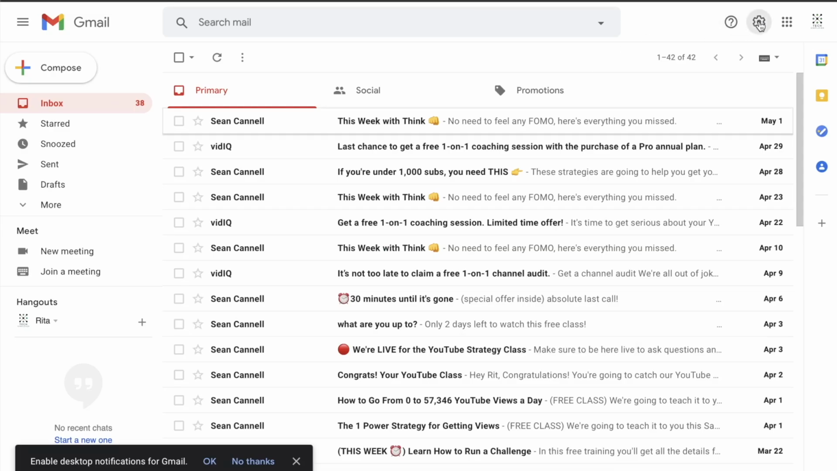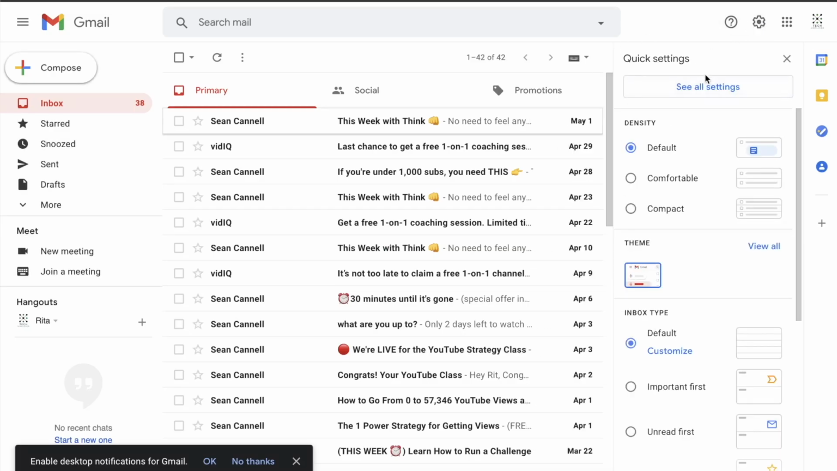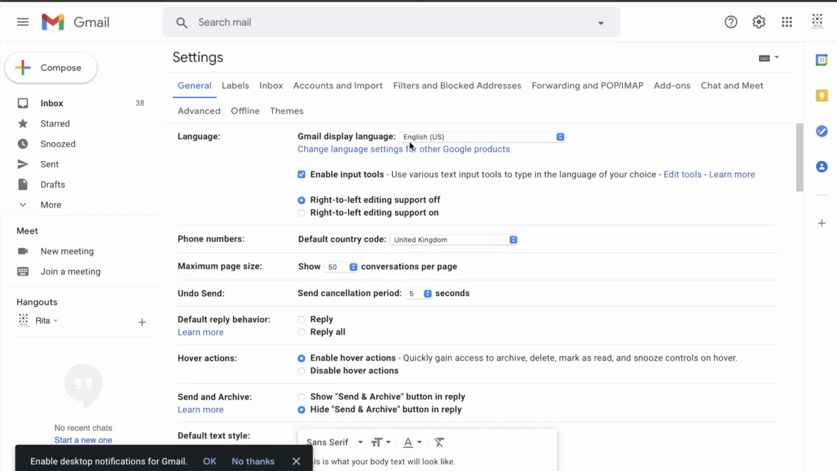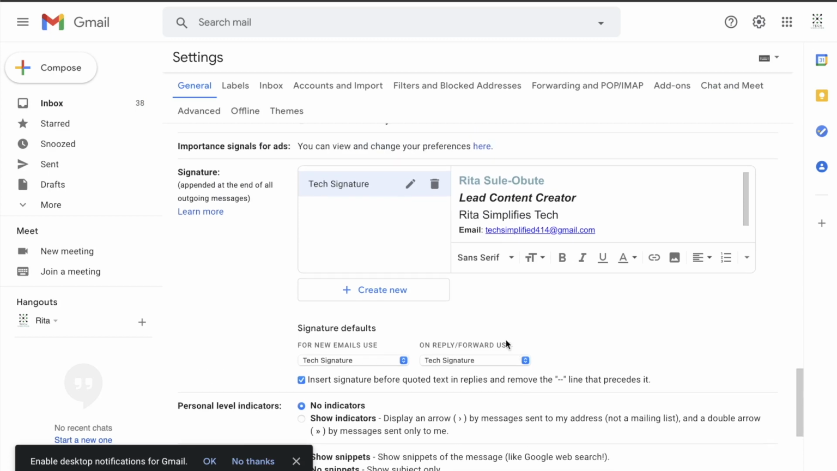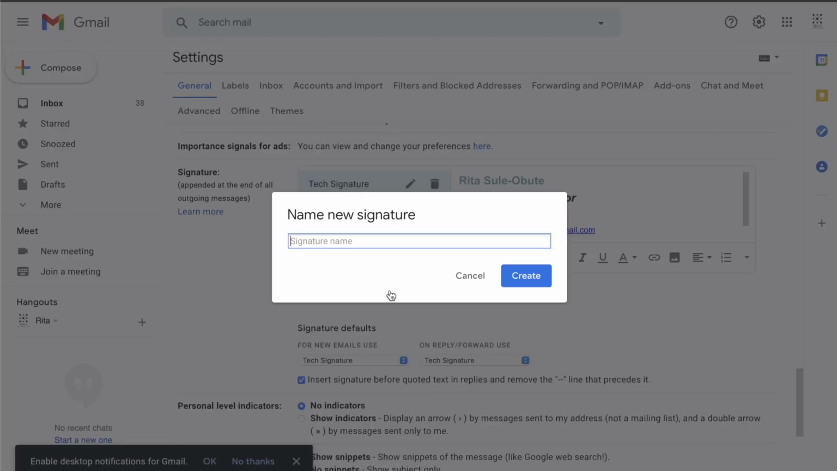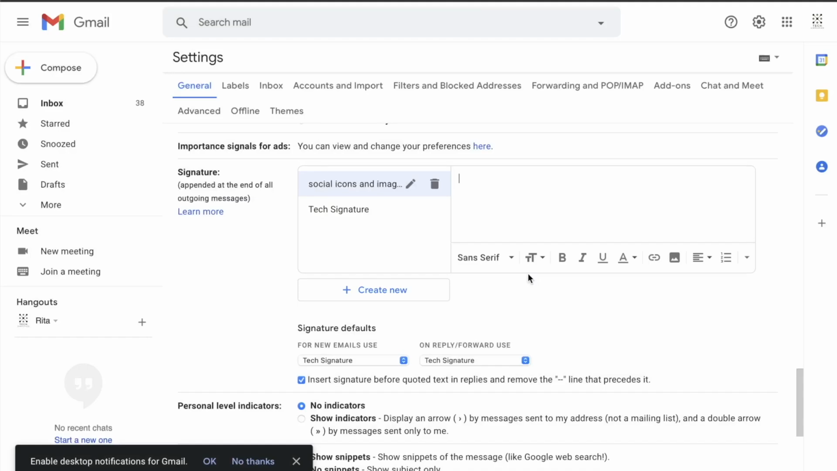Quickly go to settings and see all settings and scroll down to signature. Now this was the signature we created last, so let's create a new signature and I'll call it social icons and images. Create. And so now we can begin editing it,